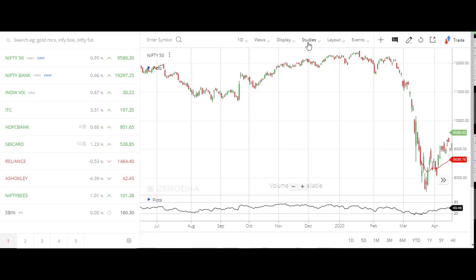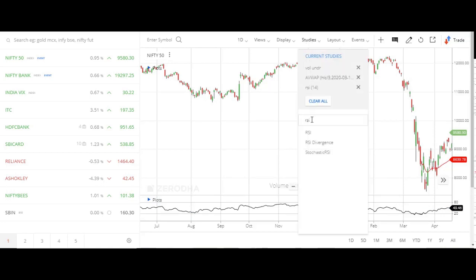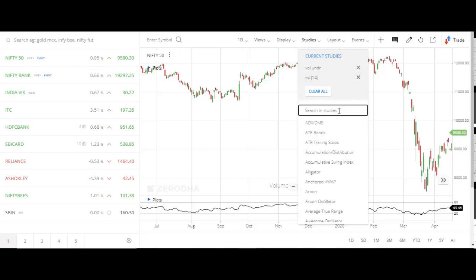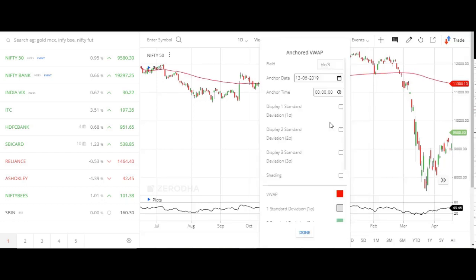One more very important indicator they have added is VWAP. Here you can see anchored VWAP. VWAP is a volume weighted indicator. In anchored VWAP we can set the anchor date as well. This means that if there is a gap up or gap down, we cannot do the alignment for the normal VWAP. The normal VWAP indicator calculates for its entire period, whatever we have chosen.